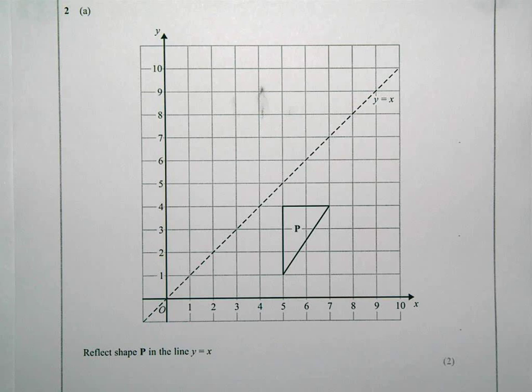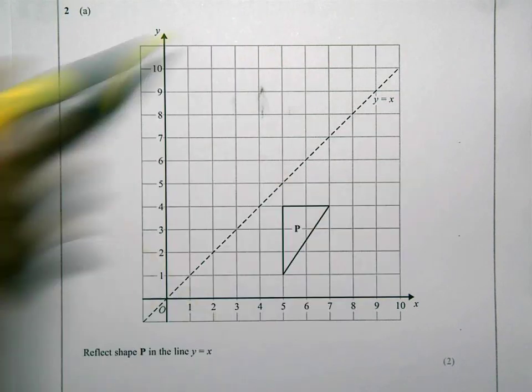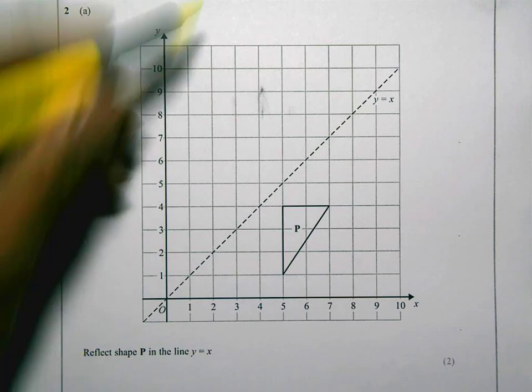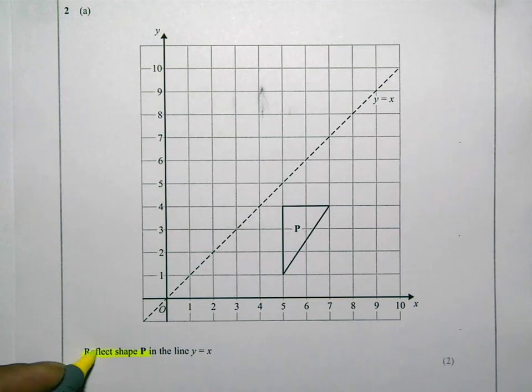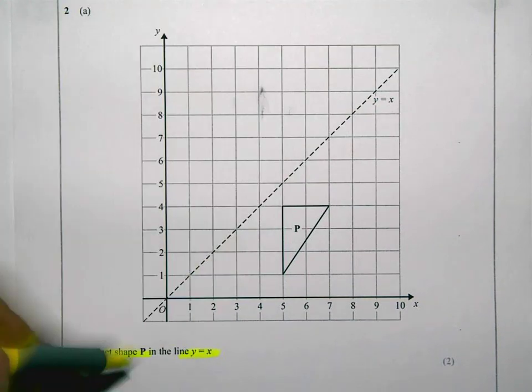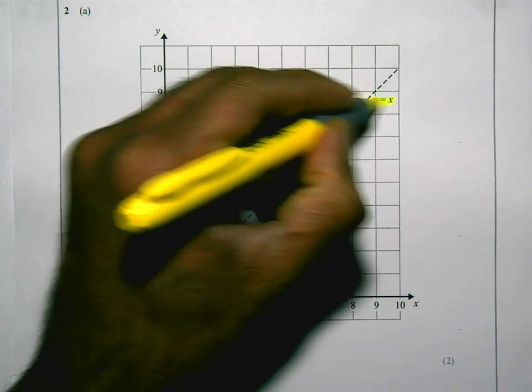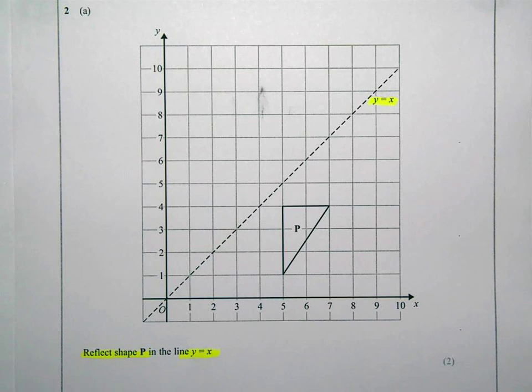This is question 2 on the November Higher Calculator paper, and in question 2, part A, we've got this diagram and it occupies the whole page pretty much. So for 2 marks, the question says reflect shape P in the line y equals x. Now they've helped you out here because they've put in the line y equals x, and they don't usually do that. So that dotted line is the line y is equal to x, and you're required to reflect this shape